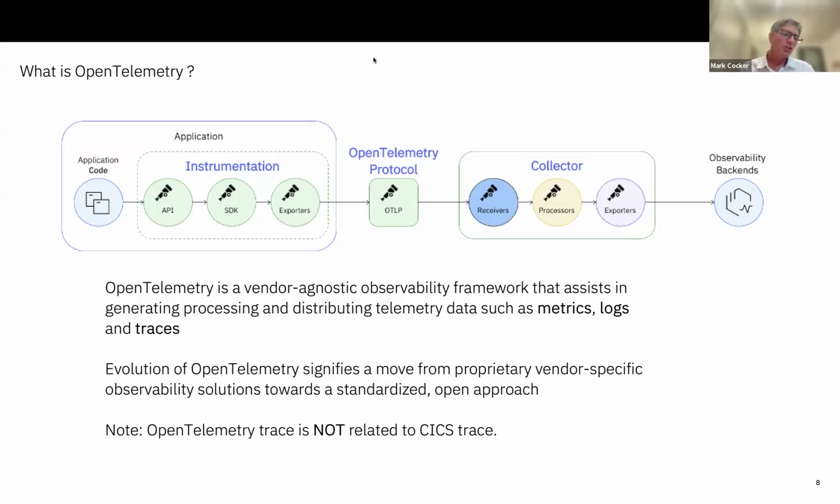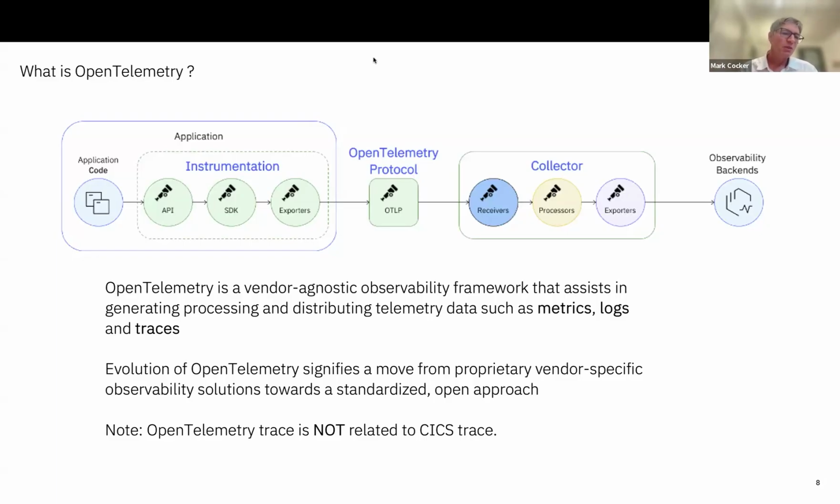But the problem there is, can that vendor keep up? Can they support all the versions and the products you're using? You may well be locked into that solution for some time, because having a view across all your environments is very important and valuable.